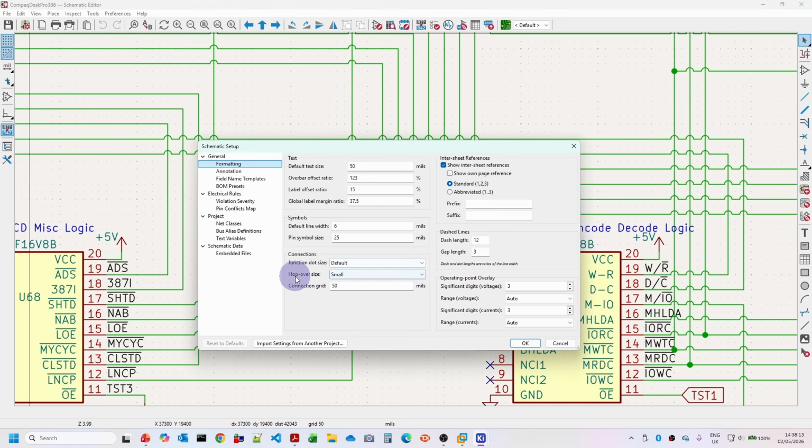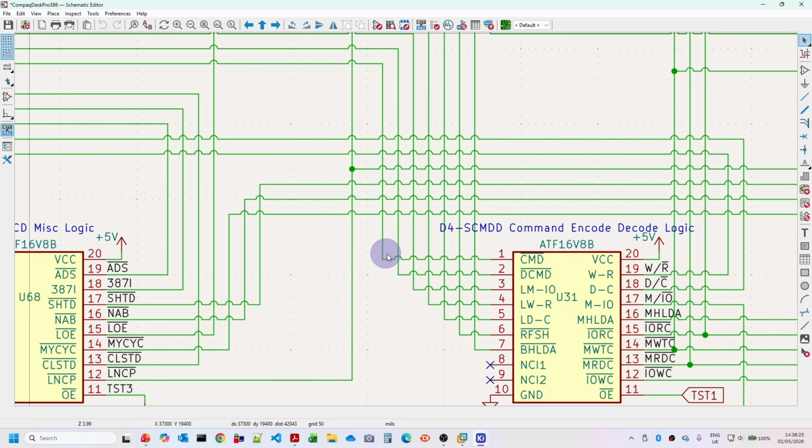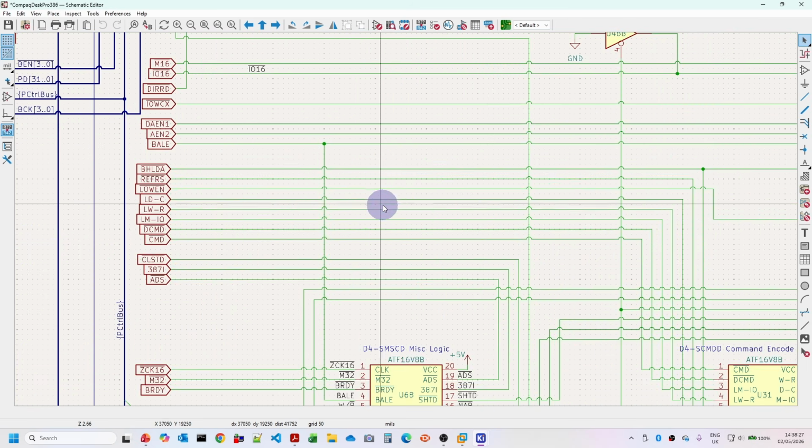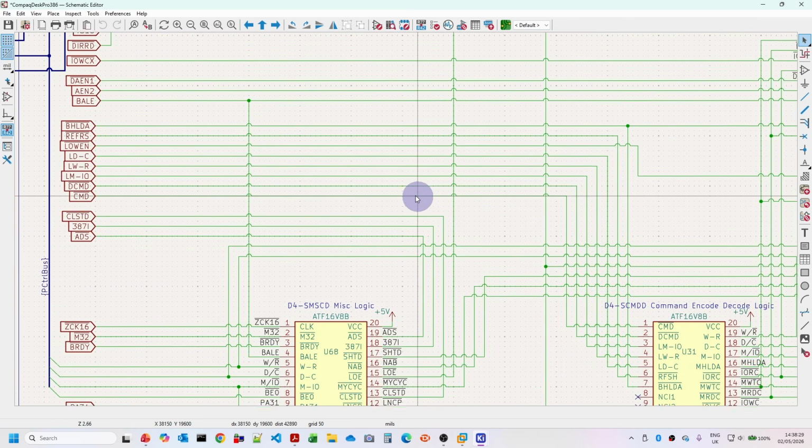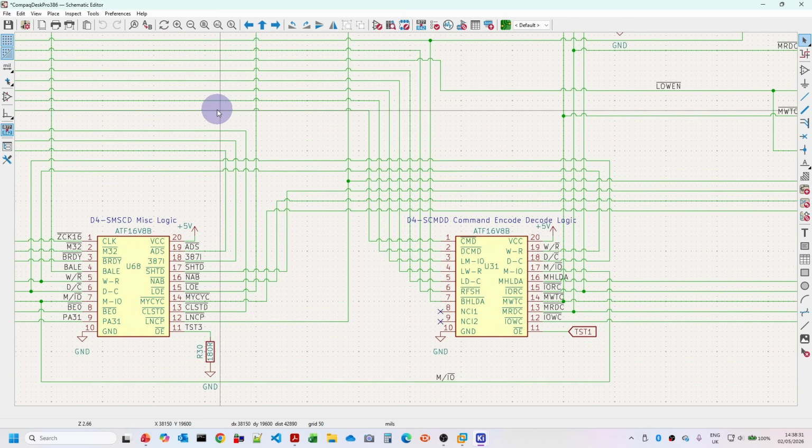In the formatting, we can see hop over size. If that's none, then you won't see it. Smallest is a bit too small, the other's a bit too large. So I think small is about the sweet spot for that. And that makes the layout a bit easier to see, certainly when things are meant to be joined versus accidentally